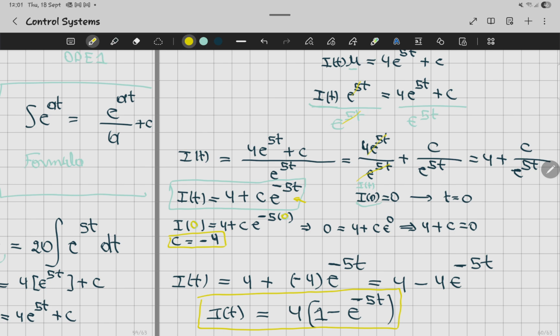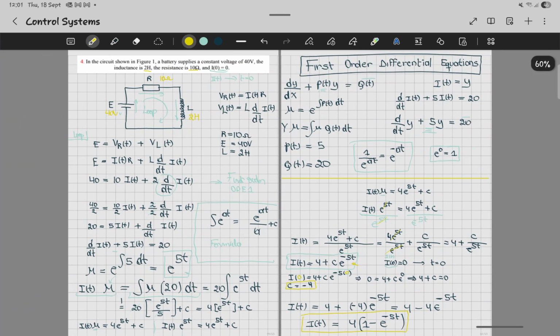Okay, so this is the answer that we get to that question. So if you want to see everything here from where we started and where we ended,